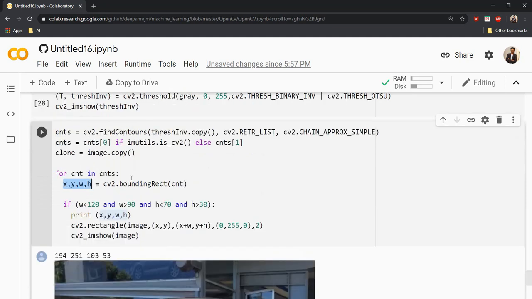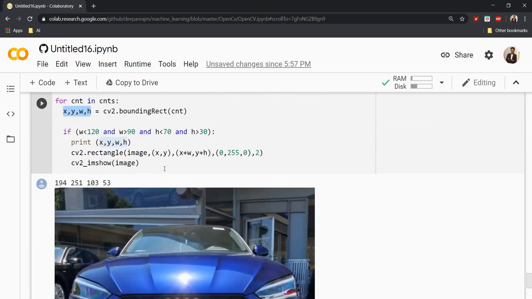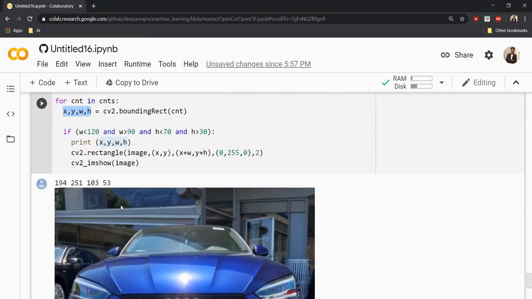Here you can see I've used the same values to draw the rectangle. In the previous condition, we just utilized the contour to draw, but we don't know where the coordinates are. But in this case, I'm using start x, start y, end x, and end y. Obviously, x plus width will give you the end x, and y plus h will give you the end y. Using that ideology, I've created a rectangle, and I'm showing the image right now. So this is the printed value which I've got: x, y, w, and h. Using this print, I can understand the actual width and height of my license plate.